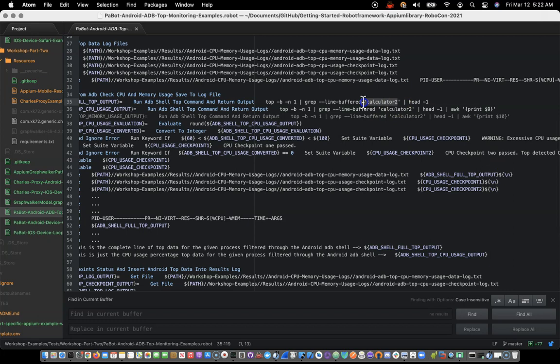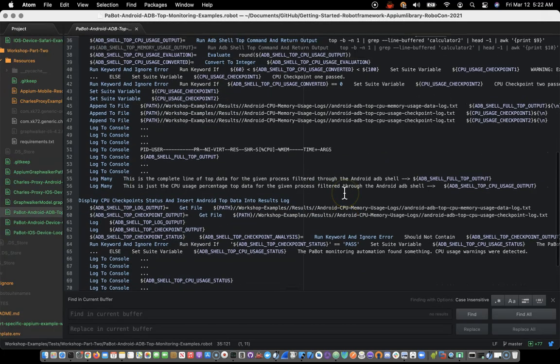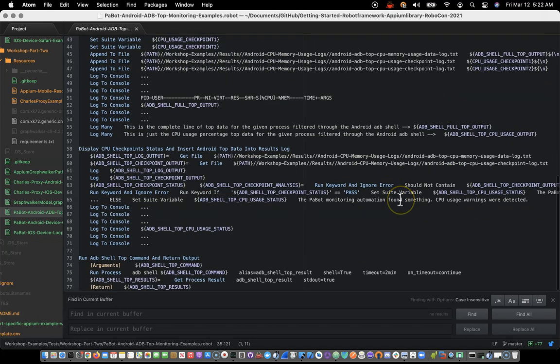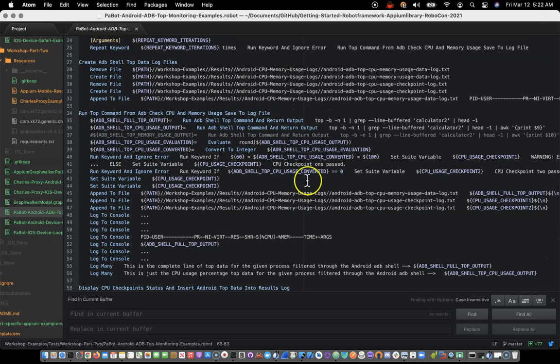I'm filtering for calculator 2. Building out the log file here. And I've set up a checkpoint keyword here. This is my ADB shell command that I am using to collect the top data. So if I were to